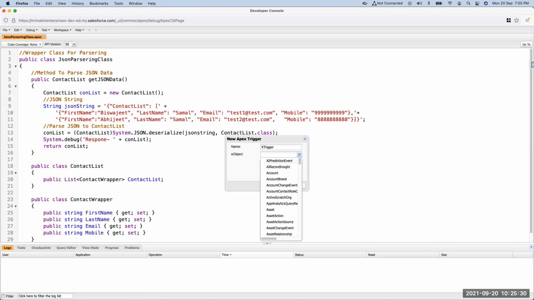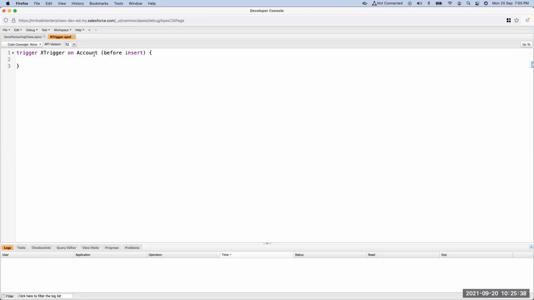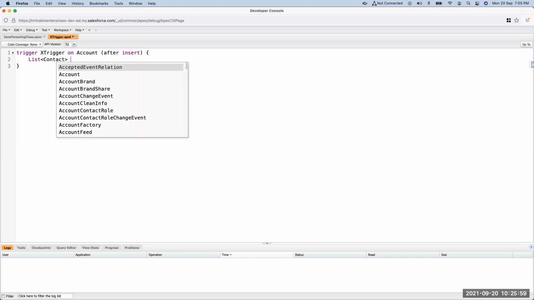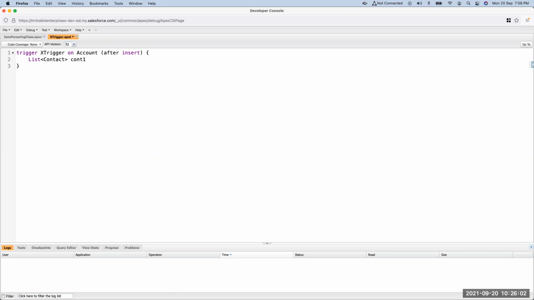Which object are you using this on? Account. So let's create a trigger on account, before insert. I want to write after insert. It's the same thing as what I've written there. List of contact. Test one equals to minimum. List of contact.